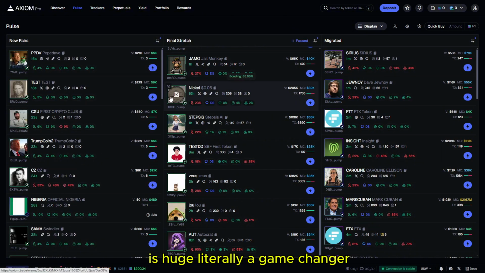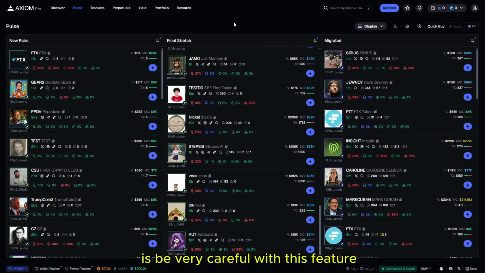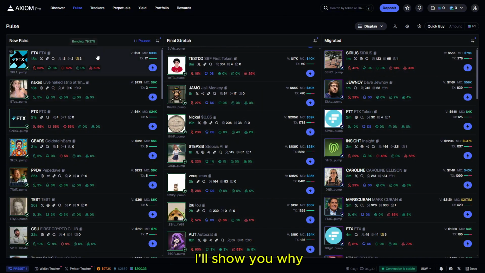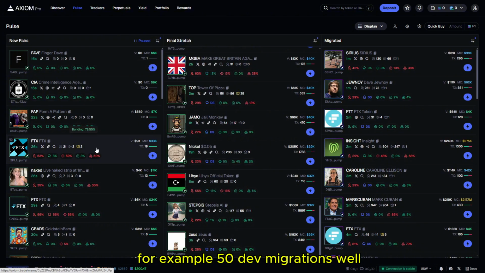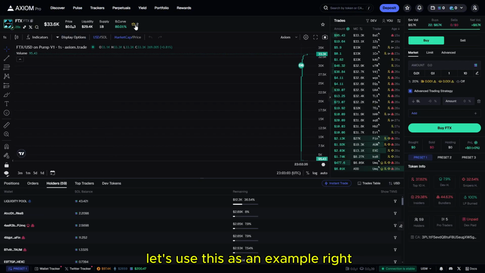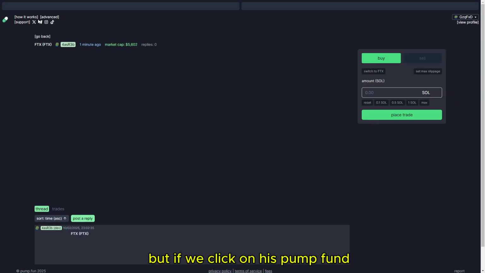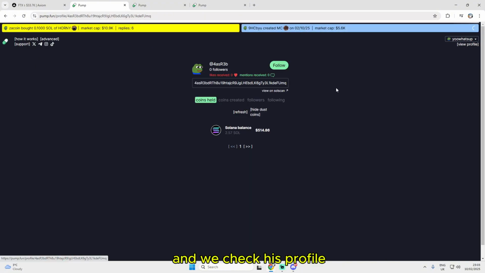Literally a game changer. The problem with this, though, I'll tell you guys, is be very careful with this feature. I'll show you why. You might come across a coin that has, for example, 50 dev migrations. Well, let's use this as an example, right? This dev has had 2 migrations in the past, but if we click on his PumpFun and check his profile,